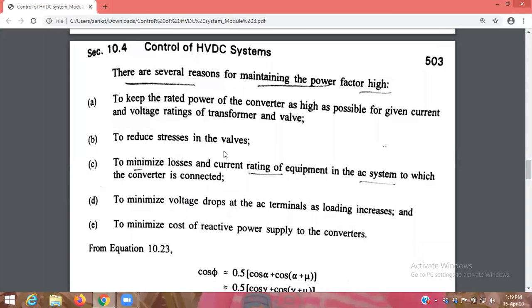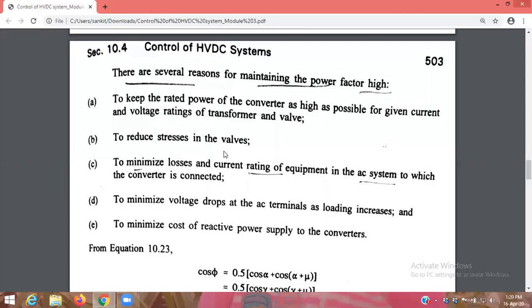Now, how is this high power factor related to the cost of reactive power supply? In any AC system, you need to provide auxiliary equipment that will supply the reactive power to the system. Now, if we maintain the power factor high, that means cos theta is high. That means theta is less. And you know reactive power is proportional to sin theta. So if theta is less, sin theta will be less. So for a fixed amount of voltage and current, the reactive power requirement of the system will be less. That means we will have to use a minimum amount of reactive power supply equipment, and that will minimize the cost.